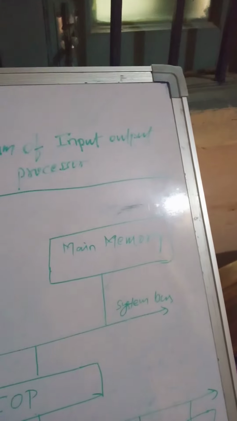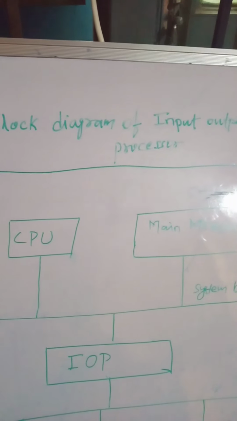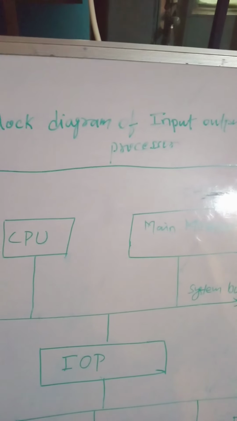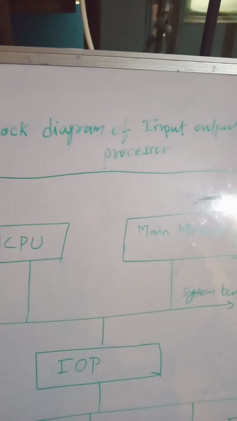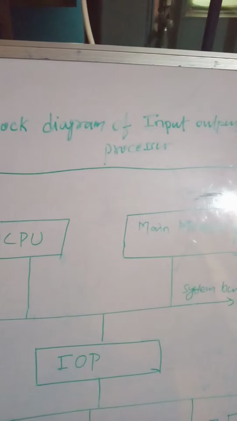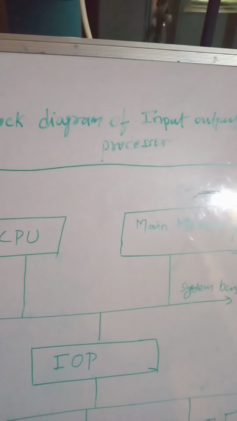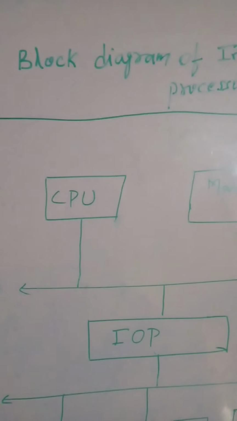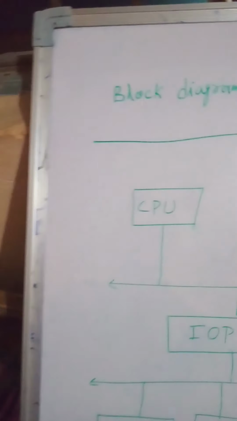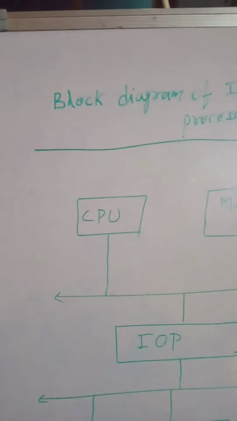Now, the concept of DMA operation can be extended to relieve the CPU further from getting involved with the execution of IO operation. This gives rise to the development of a special purpose processor called input-output processor or IO channels. The input-output processor IOP is just like a CPU that handles the detail of IO operations.